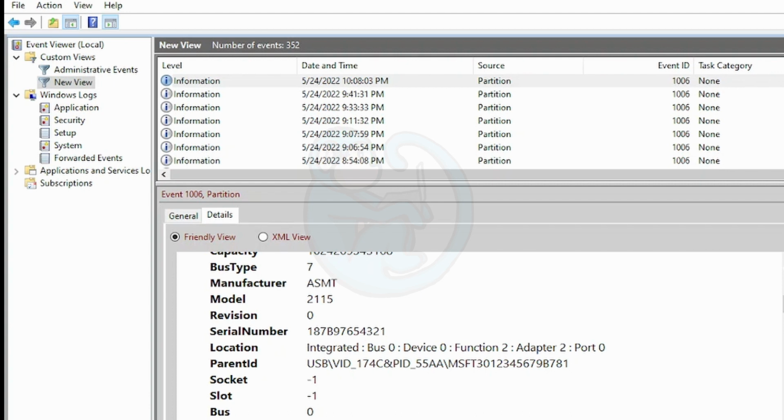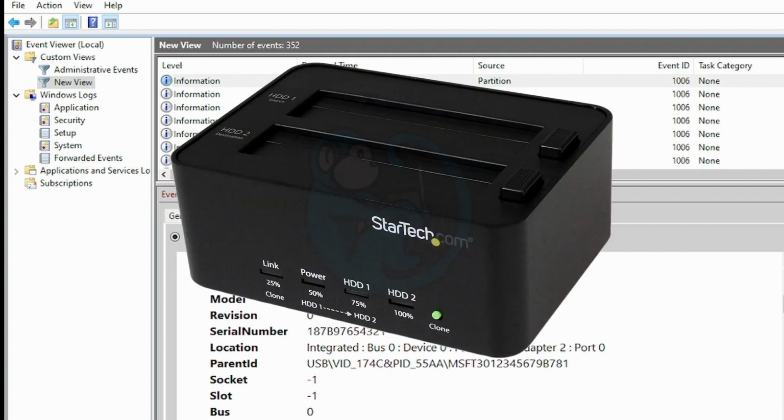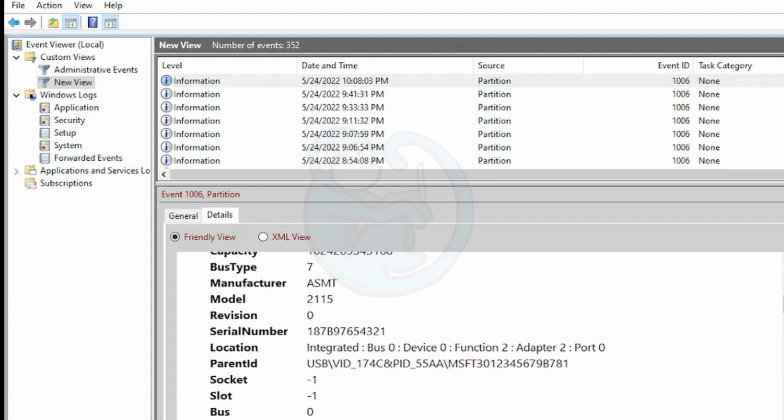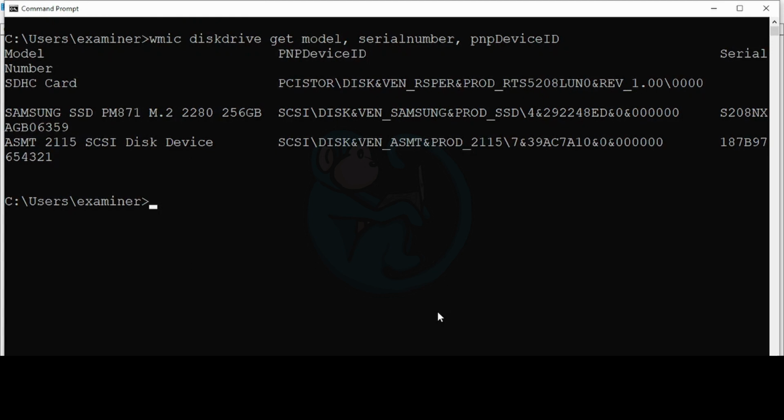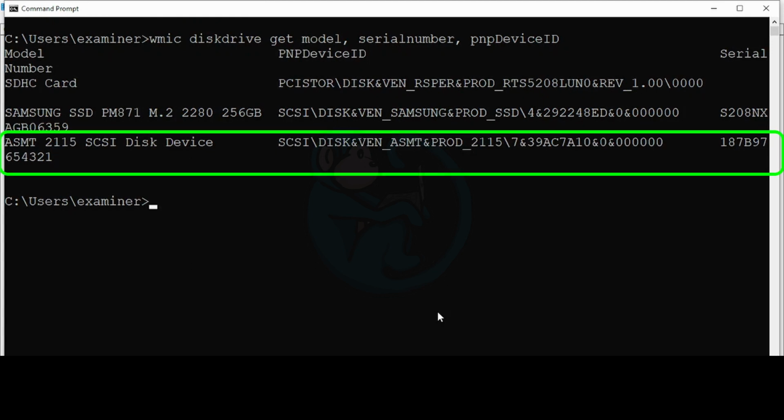And this is the same behavior if I used a drive dock instead of the SATA to USB cable. So it appears that any of these connectors will report its own serial number instead of the drive's serial number. Well, let's see what WMIC gives us. So in the DOS window, I'm going to go ahead and just up arrow to the command that we've used before. And here we see that the serial number it reports is that same